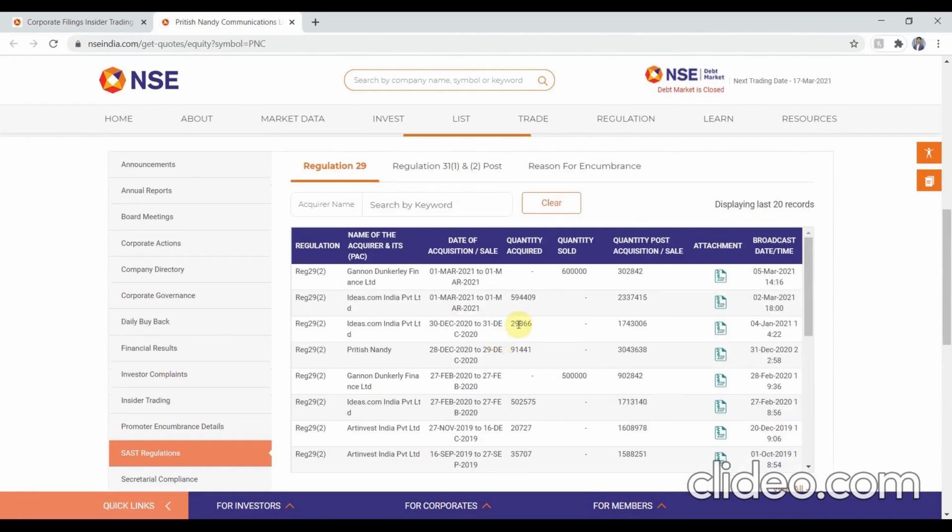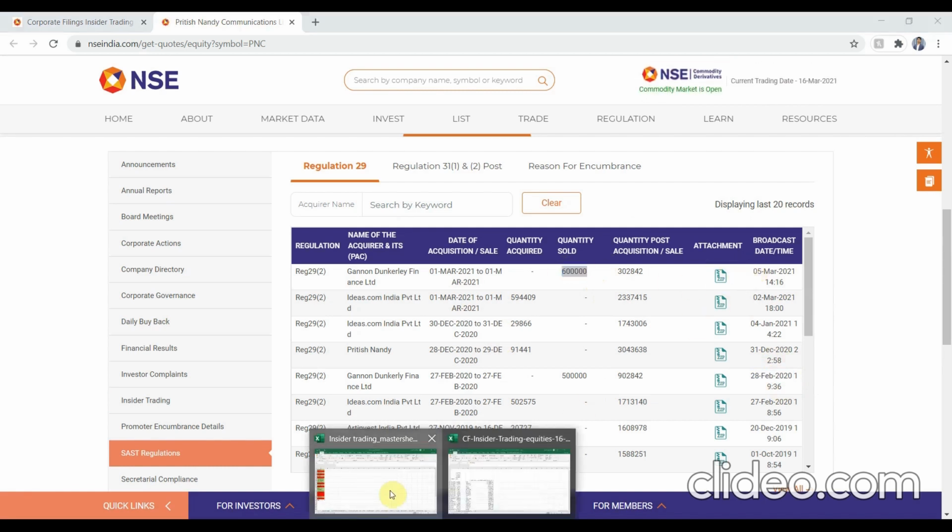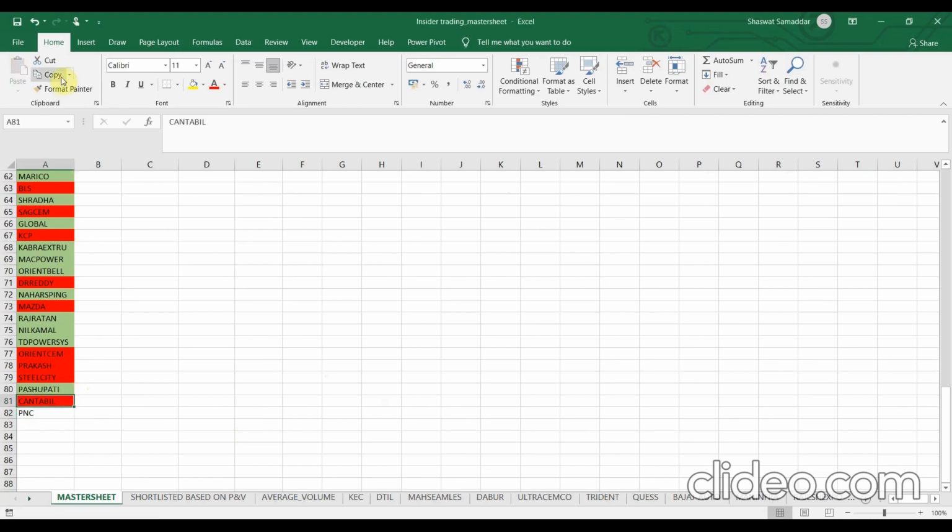Check the SAS regulation. Okay, there has been a selling reported on 5th of March 2021. That falls in the range of 6 months. So again, you have to mark it as red. The last stock was red for today.